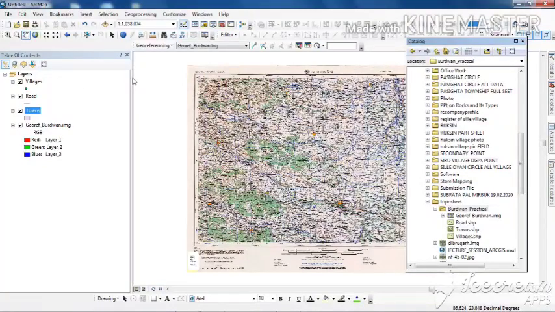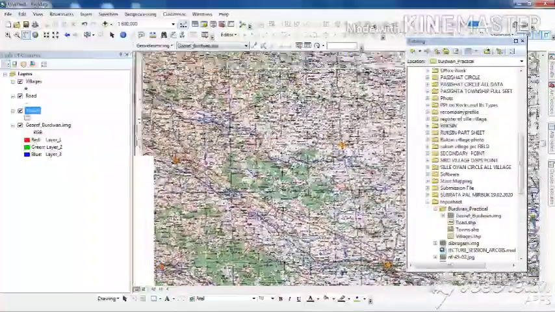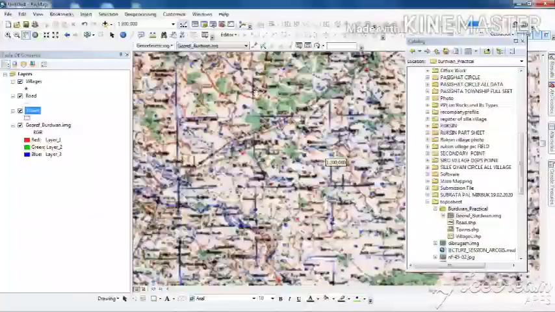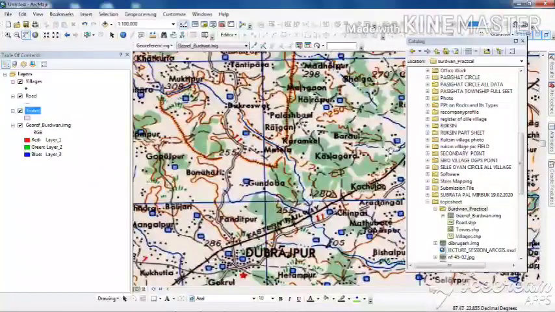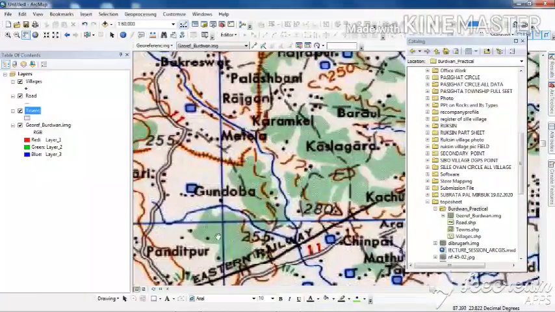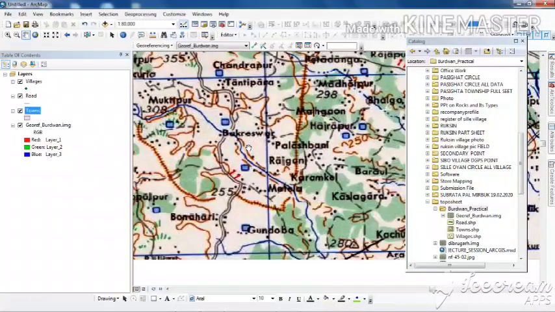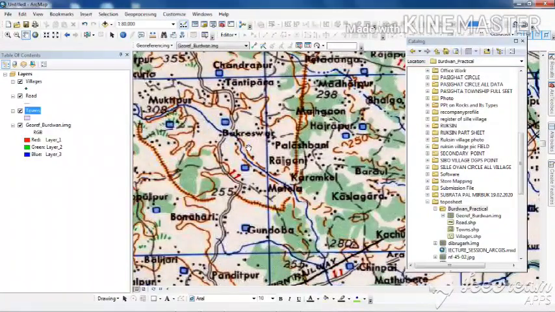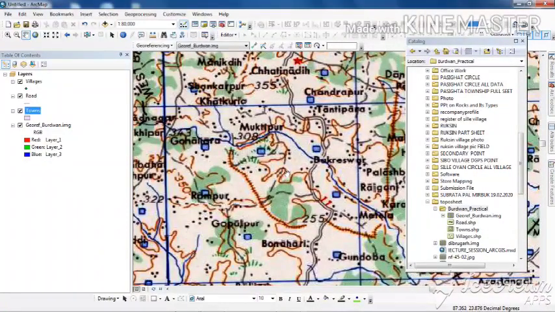So you see I have created 3 shapefiles. In this way, my dear students of JCST, please note the shapefiles that you will have to create. First of all, you will have to show these forests. These green patches are basically the forest areas, and this data you can easily download from the University of Texas website, or if you need the data I can also send it to you.